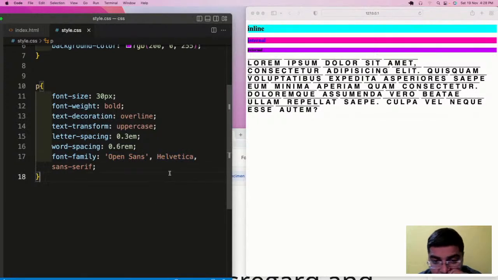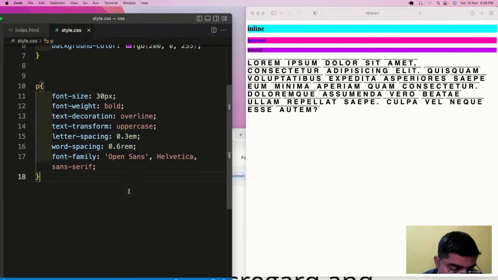Or if Microsoft Edge does not support Open Sans and Helvetica, it will automatically pick up the next available font which we have given as sans serif. So that is the need to give these fonts, which are called fallback fonts.